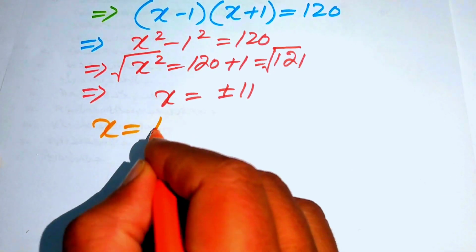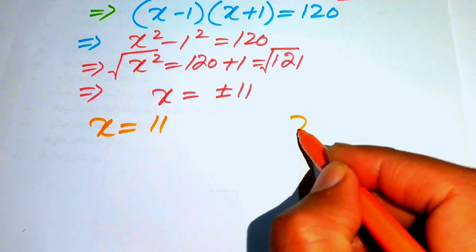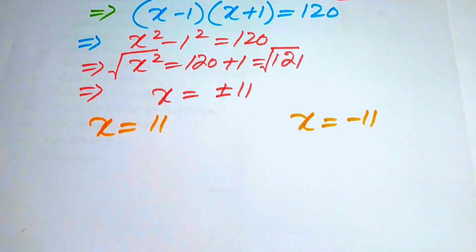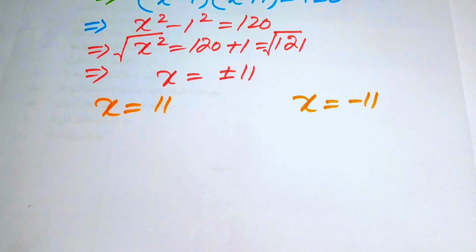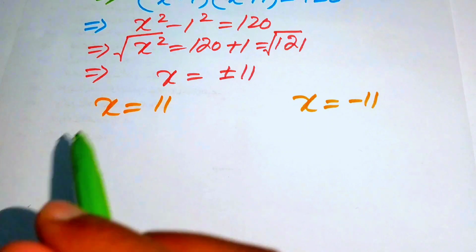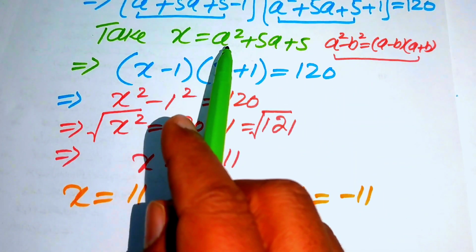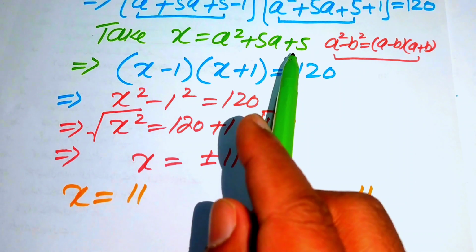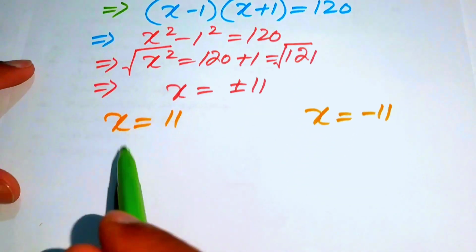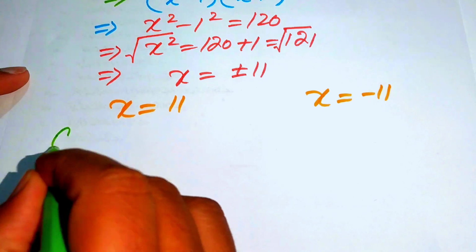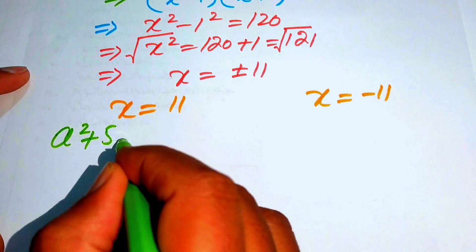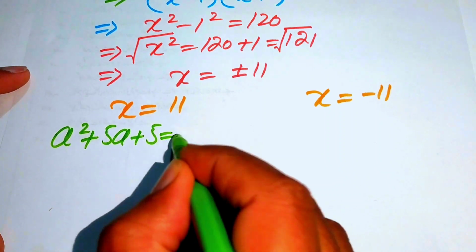So first we write the positive value, which is x equals 11, and here we write the negative value, in which we have x equals minus 11. So now we back substitute the value of x. So here you have x equals a square plus 5a plus 5. So we put this value in both of these cases, and you get a square plus 5a plus 5 equals